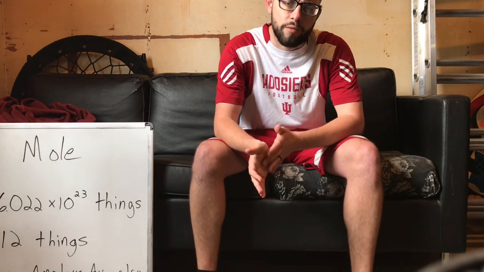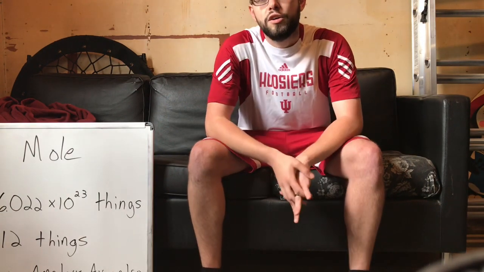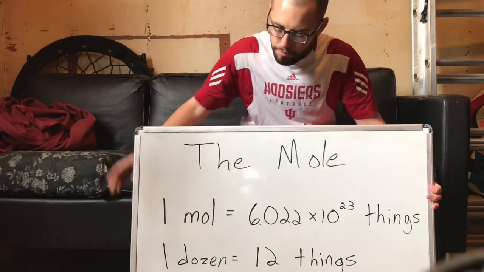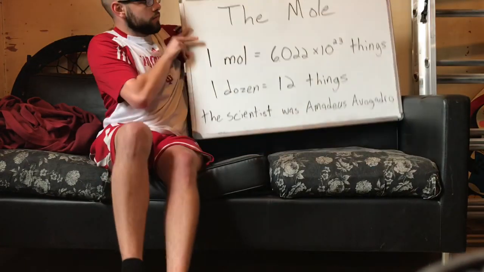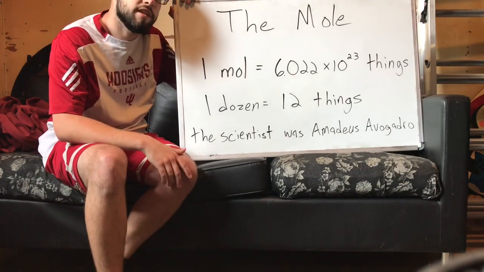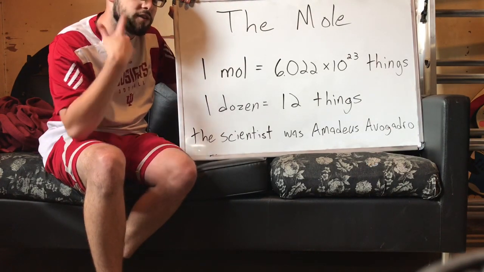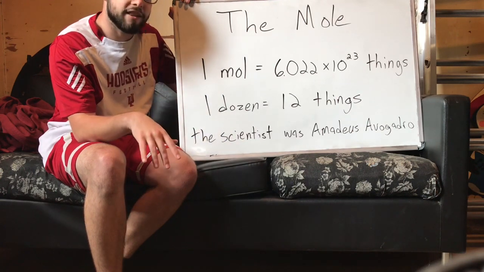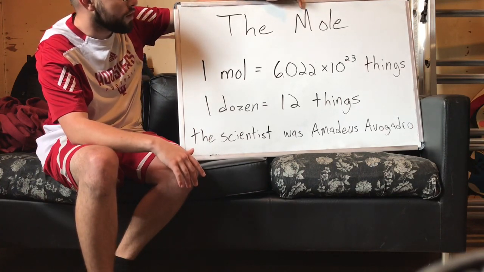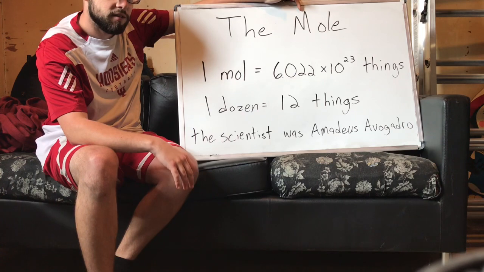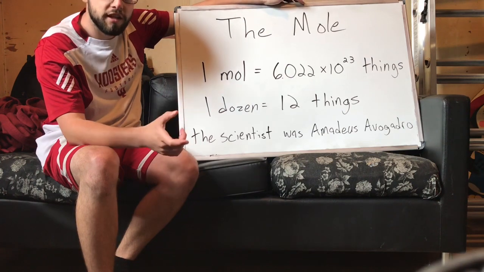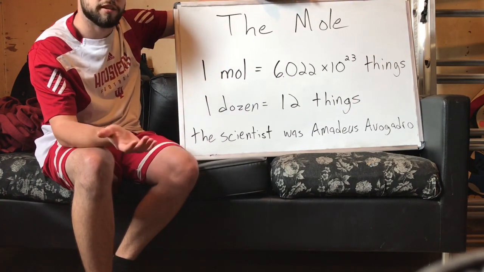Okay, so what are we doing today? What is our lecture for today? We're going to talk about this chemistry concept called the mole. The mole is a really, really important concept in chemistry. And it's not those things on your face, it's not the little mammals that dig in the ground, separate thing. In chemistry, a mole is a unit of measurement. It is a unit of measurement, like a milliliter, or a pound, or a kilogram. It's something that we use to measure other things.